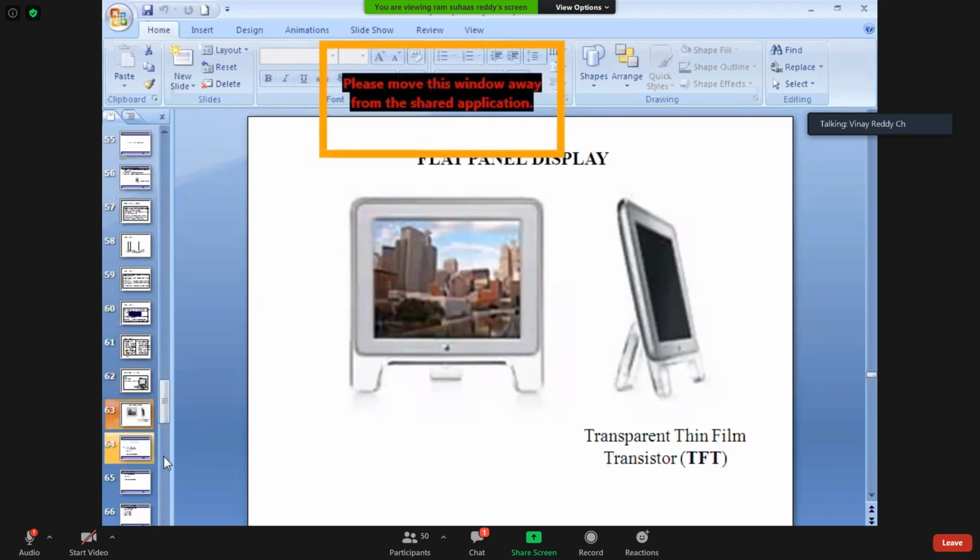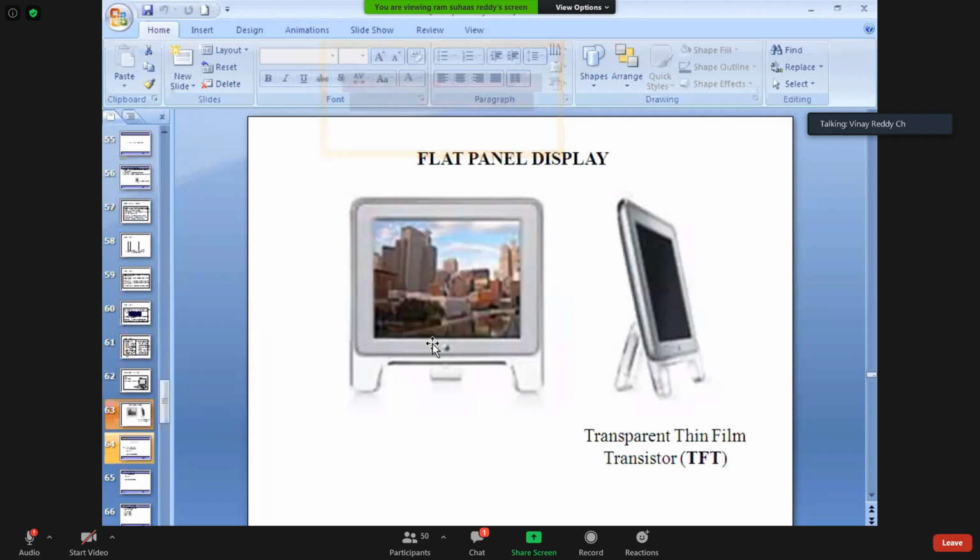Okay, transparent thin film. This is normally used for photo display. Anybody who came from the US will generally give you gifts like these. Did you observe? Normally a USB drive will be on the bottom side, so you can download some photographs to it, and automatically it will give some display.